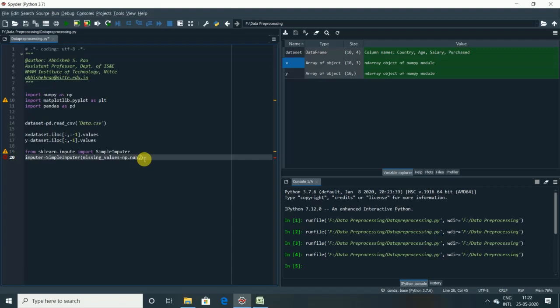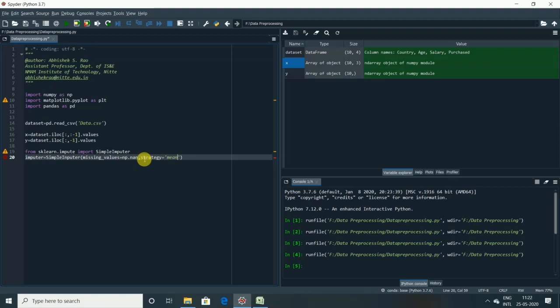It is not mandatory that you take only the mean value. You can also take the median value, depending upon the frequency of the salary in the data set. For the time being, I am going to use the mean value. So the strategy is the mean value. That's all, guys.